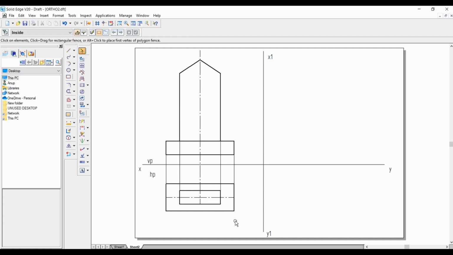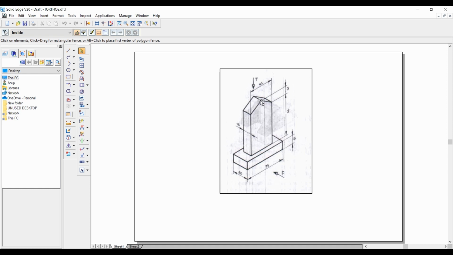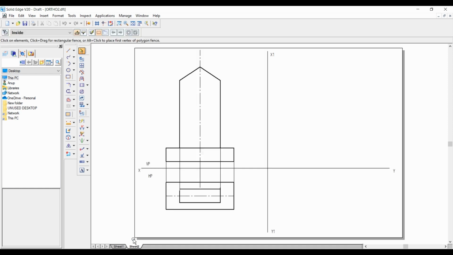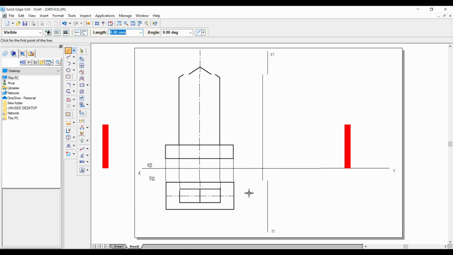You can see here in the top view, one more line is visible. For that, click on line, select this option, right click. So now this completes our top view.